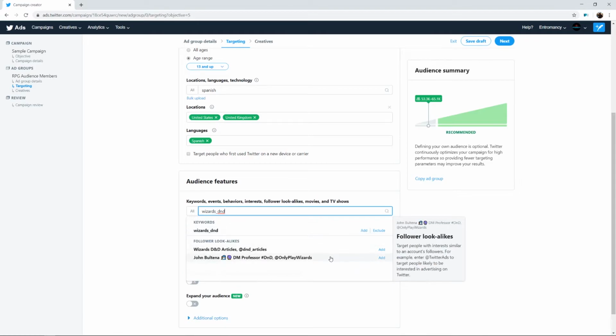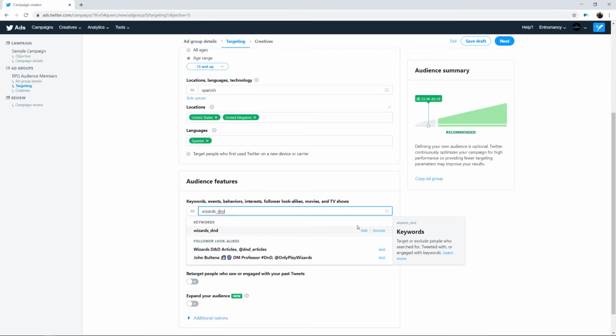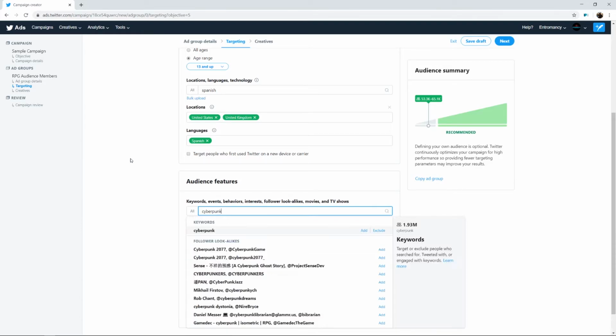I can't find anything here that's useful for me. So I guess that's just the luck of the draw. You might not be able to find exactly what you're looking for. But if I type in cyberpunk, I see cyberpunk under the follower lookalikes. I see cyberpunk game, which could be applicable to the audience members that I'm attempting to target. I see cyberpunk 2077 that could also be interesting, and when you hover over it,